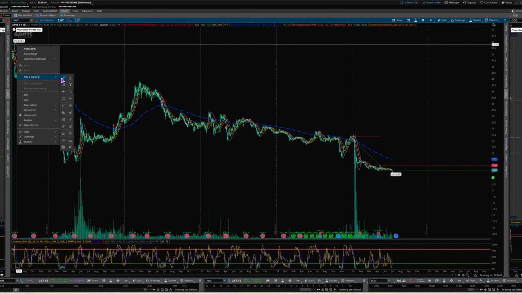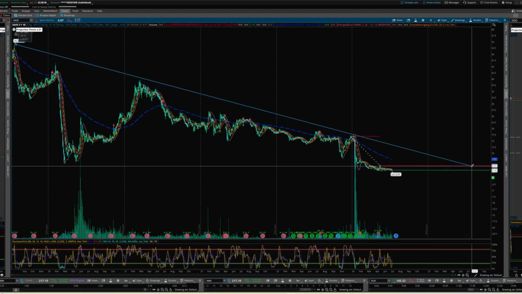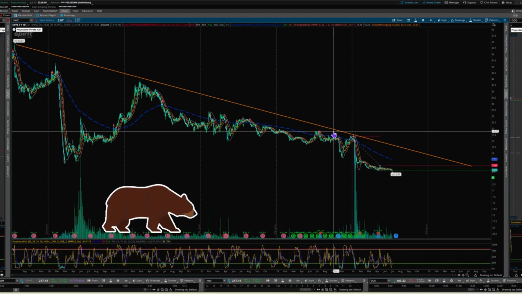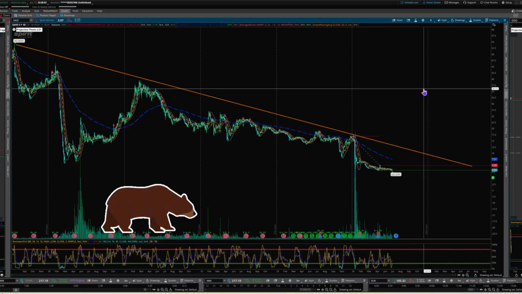And I'll show it to you guys visually so you can see this. Everybody can see that that is pointed in a down direction. So we know the overall trend over a 5-year period for this stock has been bearish. This is not a stock that you want to spend your hard-earned money on and expect a return.